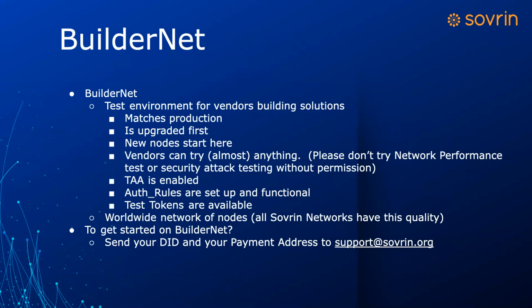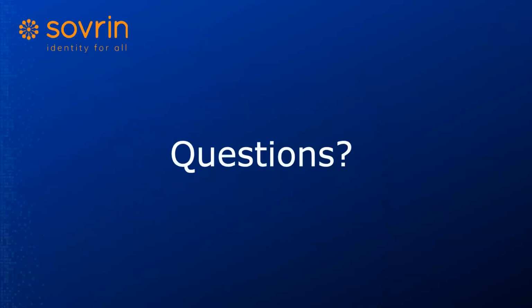In a little bit, we'll get an upgrade that'll make it so that you don't even have to send us a DID. You just need to send us a payment address, and you can use the tokens that we send you to make your own DID. I'm not sure if that was in the last fix or that's next. It might actually be on the BuilderNet now. I can't remember if that was in this one or in next month's. I think that'll be an interesting development for people. Just get some tokens and then you can do everything else yourself.